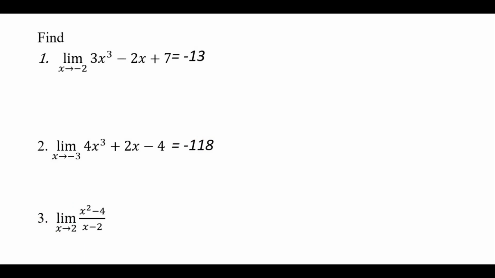Let's do the last one. So we have the limit of x squared minus 4 over x minus 2 when x approaches 2. If we do that using the limit laws, let's see what happens. So this is limit x squared when x approaches 2 minus 4. We know that the limit of negative 4 is negative 4 over limit x when x approaches 2 minus 2. This will be the limit of x squared when x approaches 2 is 4,